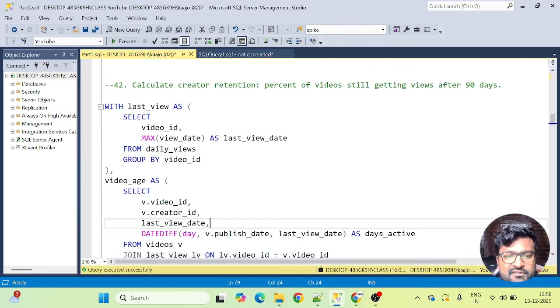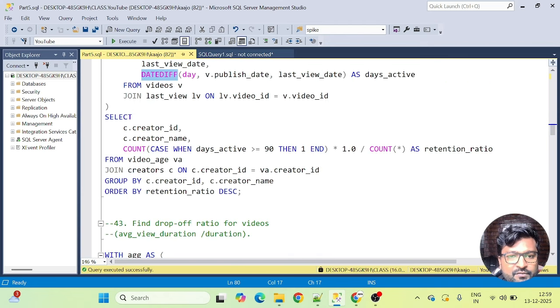This is a really nice question, guys, because it is testing your logic building and also the date functions. In any interview that you go to, you might expect a couple of questions here and there where they will ask you to use a date function. It can be addition of a date, finding the orders in the last 6 months, or finding the total count of orders on the first of every month, right? So you can definitely expect these kinds of questions. Okay, I'll move to the next question now.